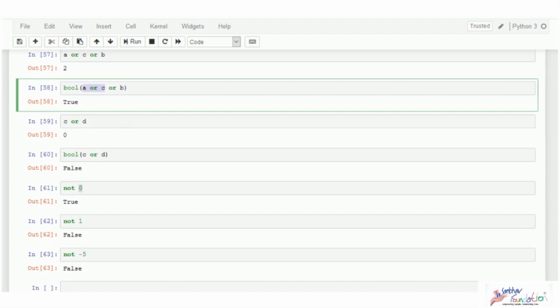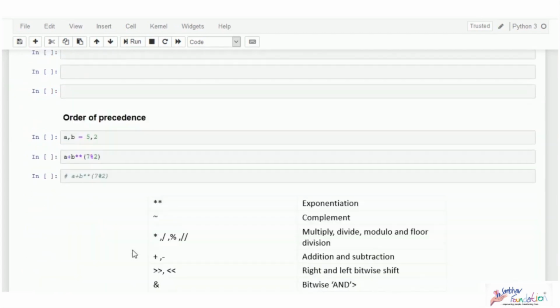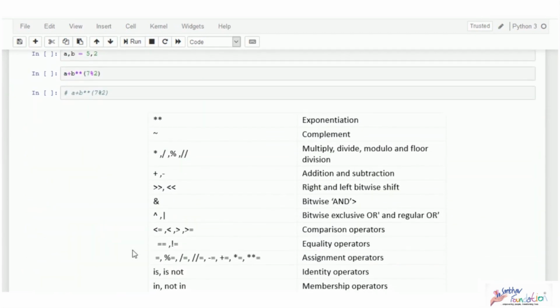But what do we do when there are multiple operators of various types present in the same expression? Like you have arithmetic, logical and comparison operators all together in a single expression. In which order should we evaluate? To avoid this confusion, we have an order of precedence for the operators. It is like a hierarchy where the priority for evaluation is given from top to bottom. So this is the order of precedence.